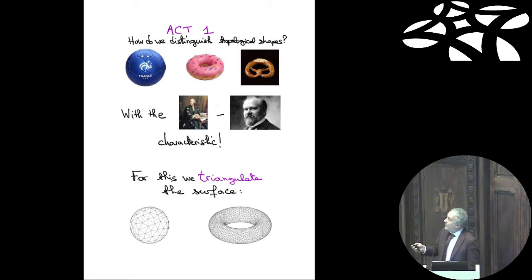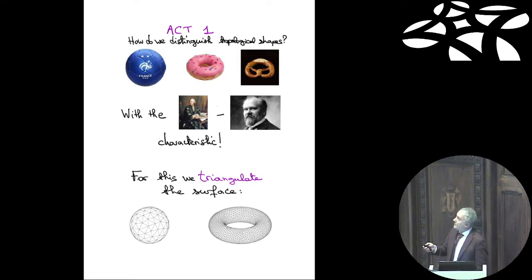So here we see three kinds of surface shapes. The first one is a football ball, which is supposed to be a sphere. The second one is a donut, which is what we call a torus. And oh, I'm wrong. I mean, this is a Bretzel. I always thought the Bretzel had 2 holes, but in fact, you have 3 holes. So I will say something wrong later in the talk. I'm very sorry. So here 0 holes, here 1 hole, and here 3 holes.